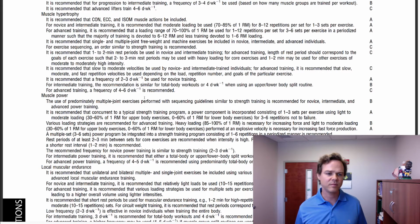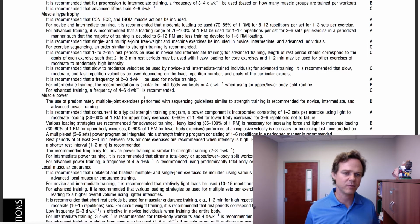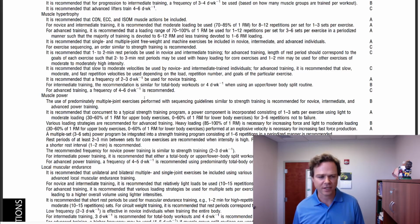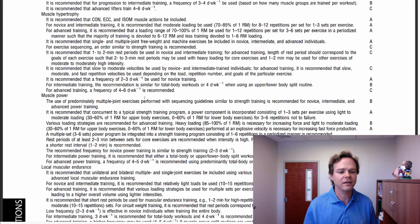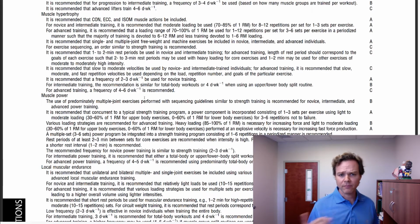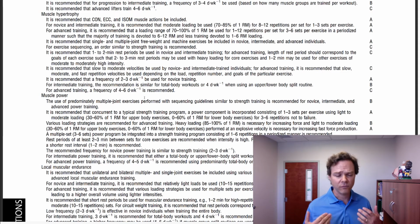It's not the way you should be doing it. If people are doing a deadlift, you'll see a lot of rounded backs. When people are using kettlebells, you'll see a lot of rounded backs. Very bad. So we don't want people to do it faster and then make that error. We want them to do it with proper